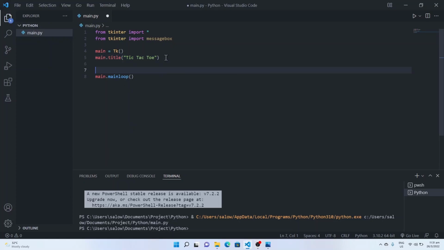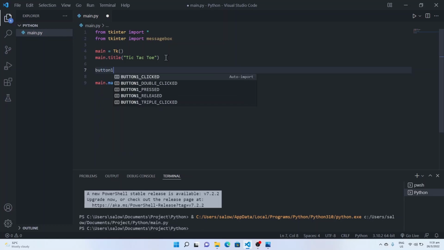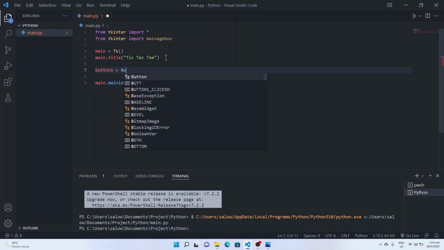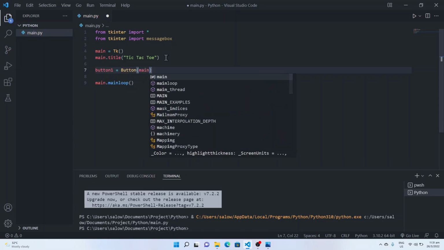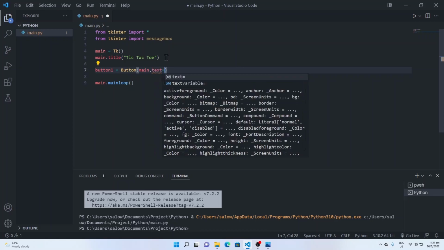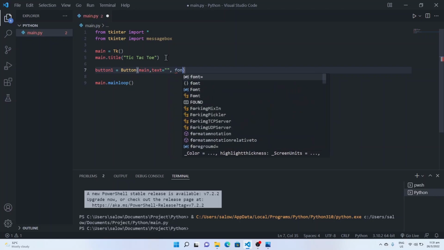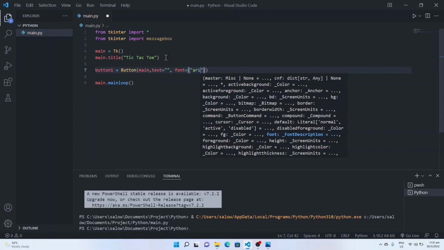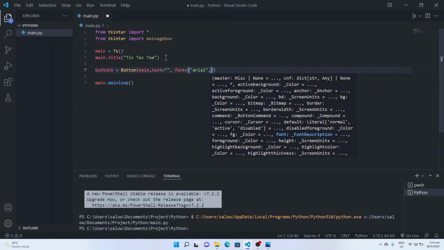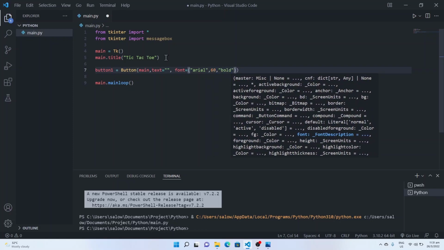We will create button1, say, equal to Button function, pass in the main Tkinter window, text. For now we'll set it to null. Background, font Arial, font size, bold,